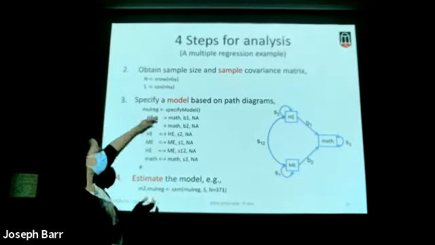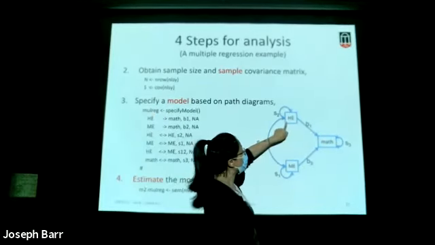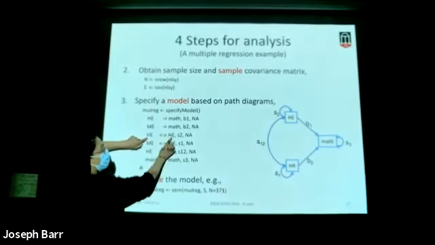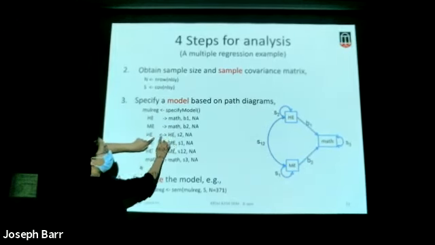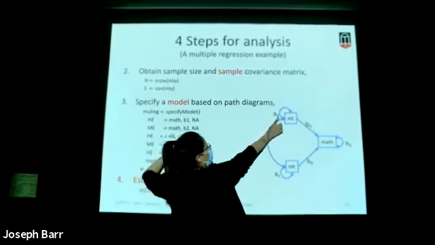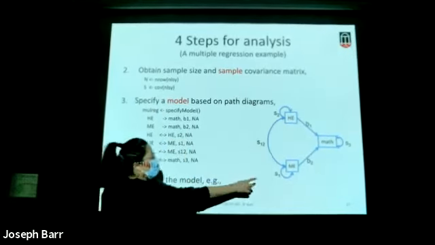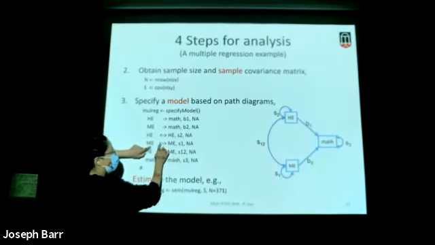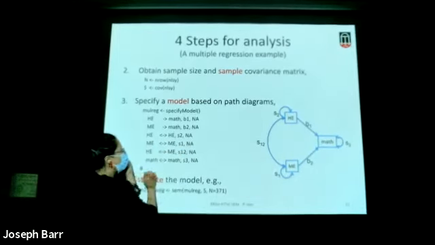The order inside the block here doesn't matter. So S2 is for HE, the variance of HE. So HE double-headed arrow to HE, because it's variance, same name. We call the name of this parameter S2, starting value, no. And S1 is for ME: ME to ME, double-headed, the variance of ME. I call it S1, starting value, no.